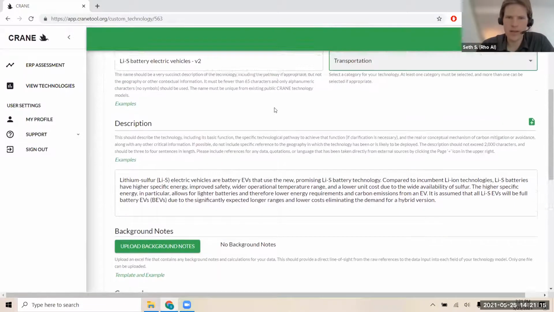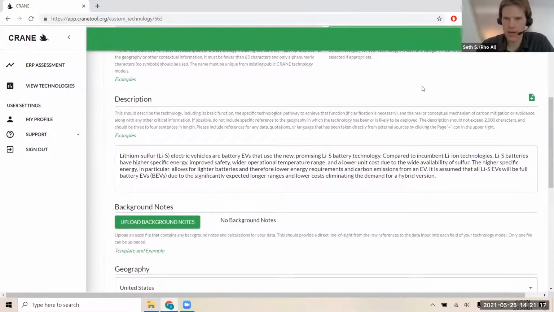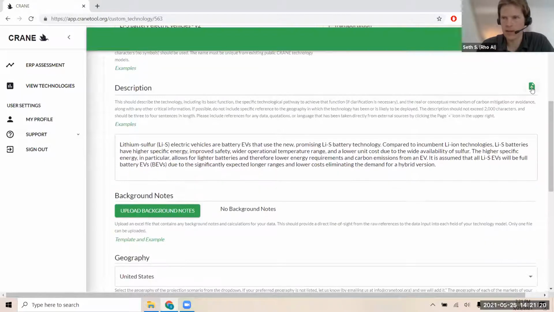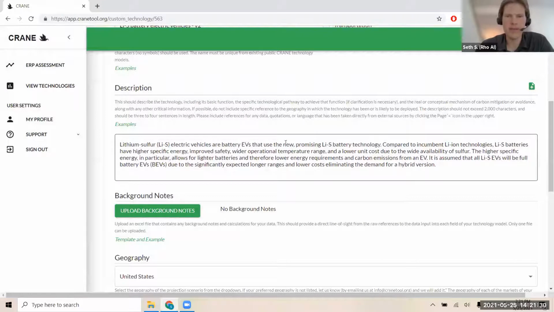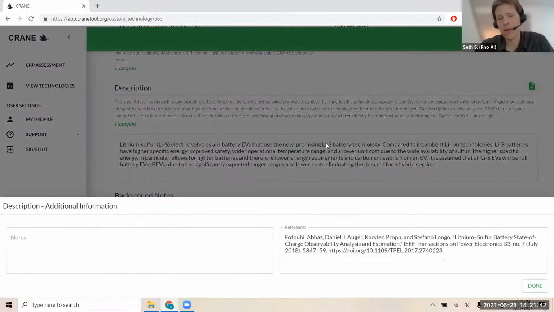Then you can come down here and enter a description. This is the first area on the page where you can see this little icon. So if you click on this, you can see where to put references. So if you're directly quoting or you're cribbing from someone else's description, or you have elements in here that have already been succinctly summarized somewhere else, and you want to put them into this field, the right way to reference it, the preferred way to reference it here and in a number of other spaces where you're actually putting in data, not just text, is by using this